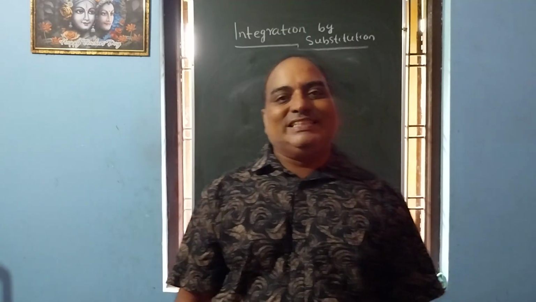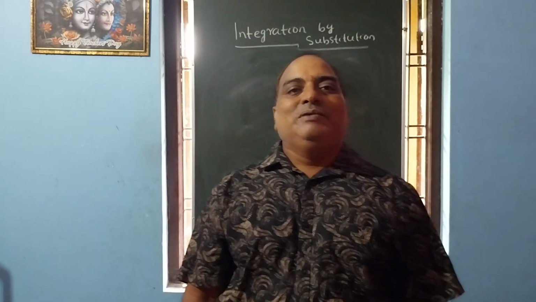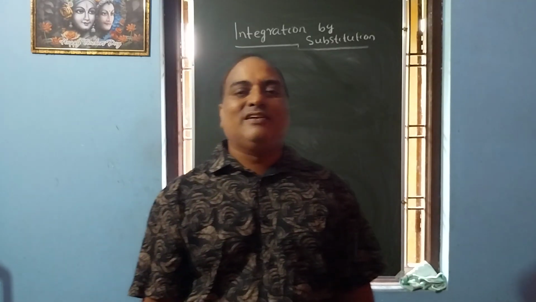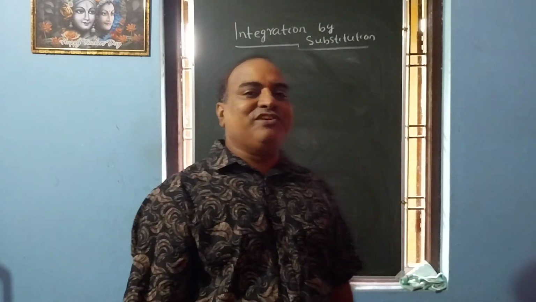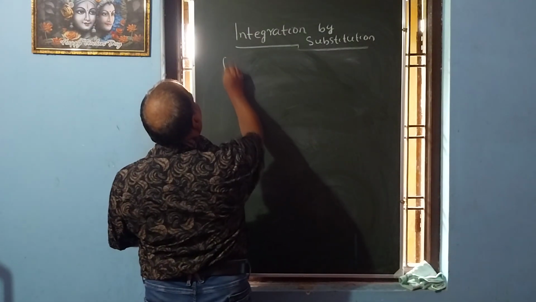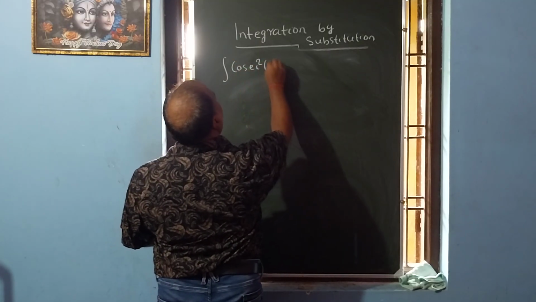Last class I already discussed integration by substitution. Some types are remaining, so let us start. The types are: write down 1. Integration of cosec square (ax plus b)